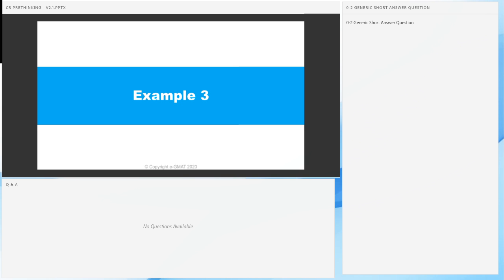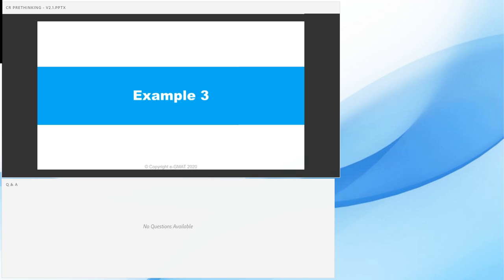Okay. With that, I want to emphasize example number 3, which seems like a very simple example, but if you don't pre-think in this, you're going to be confused between answer choices, going back and forth. But if you focus on pre-thinking, build a logical structure, and build that falsification question and answer it, you're going to be able to reach the correct answer fairly easily. Okay, so here are your answer choices.